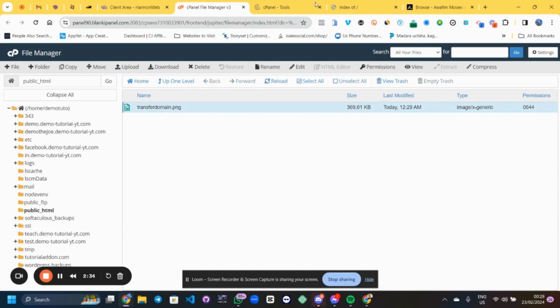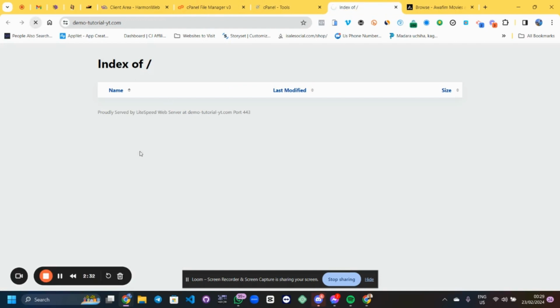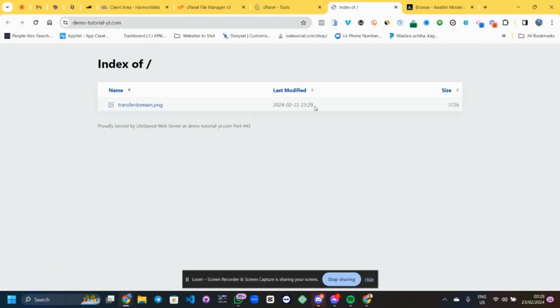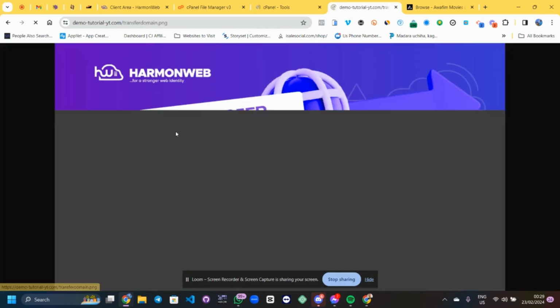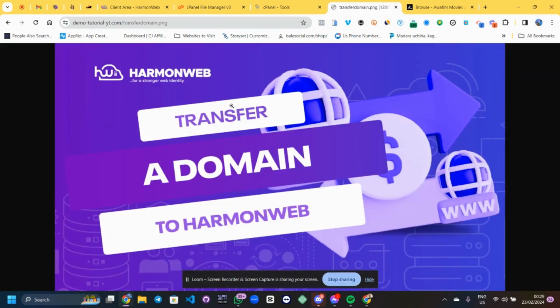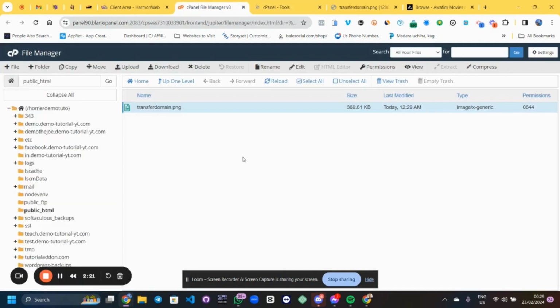As you can see, this is the file. Let's go to our website and reload. We're going to see that file. As you can see, this is the file. If we click on it, you see, that's basically how you can upload files using your File